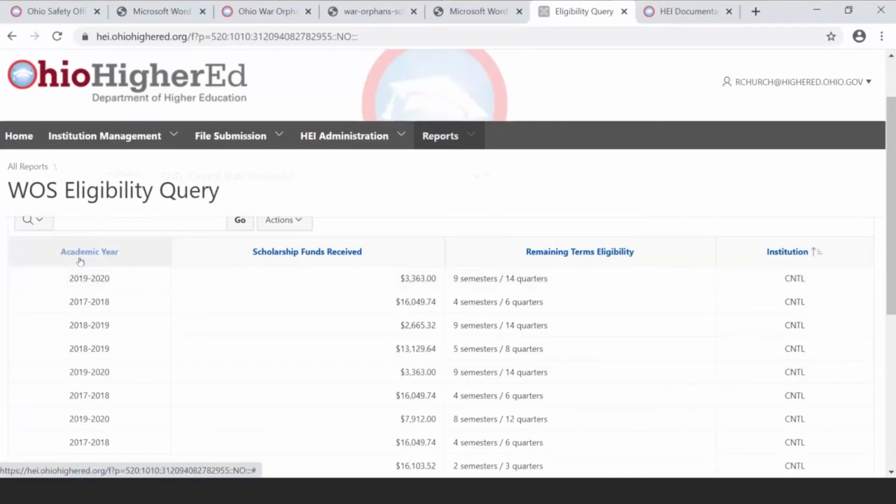Typically, I get questions on academic year. All that is when the student became active in the system. So just because it says 17, 18, it doesn't mean the student cannot get paid. This is just when they were made active into the system and they can receive funding. And of course, if they have those remaining terms of eligibility, they can be certified on your end to submit